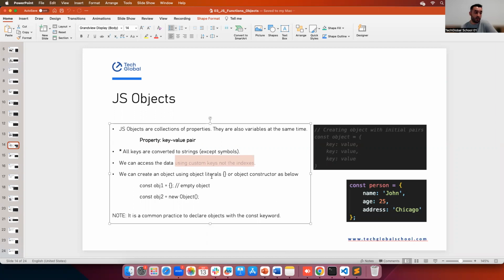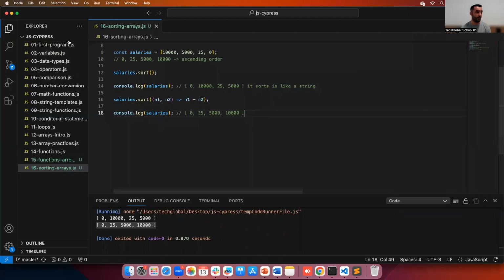And we can create an object using curly braces or new Object, which is not preferred, honestly. Just like arrays, we will just be using curly braces. With arrays it was square brackets, here curly braces. And it is common practice to declare objects with the const keyword as well. So that's what we will be doing. We can quickly create this one. Let's go and